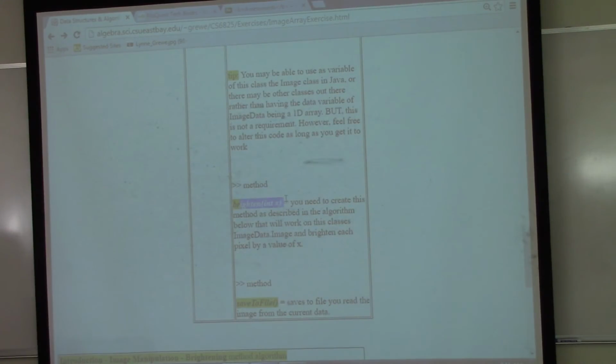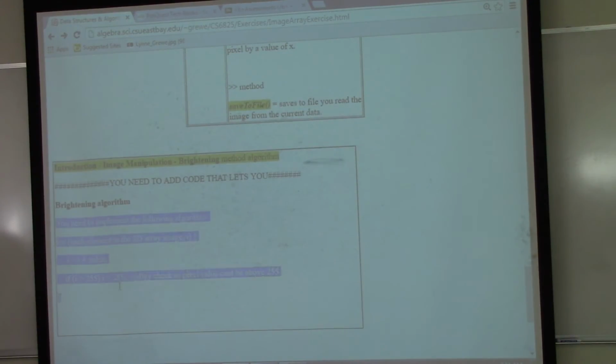This again repeats image data and what you need to do. You need to create a brighten method. What that's going to do is take the image and make it lighter, brighter. So it's going to visit every pixel in the image and brighten it. By then you'll know what pixels are, and you're going to understand what brightening is, because you've gone through week 2 material. But I've given you a little pseudo algorithm of what it means to brighten, which is just to increase the value of the pixel by some value. Everyone gets 10 values lighter, everyone gets 30 values lighter, depending on what you pass it.